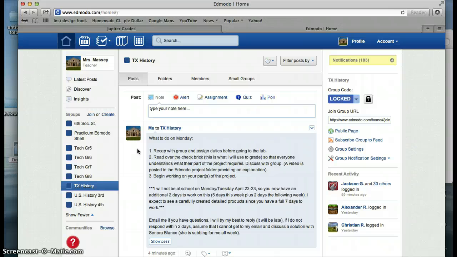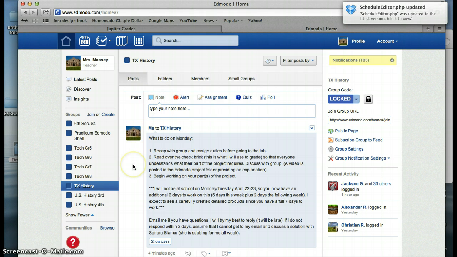If there's any questions that you can't find a reasonable answer to, email me and I'll try my best to get back with you in a short amount of time. Number 2, you need to read over the check brick that is listed in the folder. This is what I'm going to use to grade. A check brick is similar to a rubric, and you've seen rubrics in writing class. Those are how Dr. Jacobs ranks you from, 4 being great, 3 being okay, 2 being you need some work, and 1 being